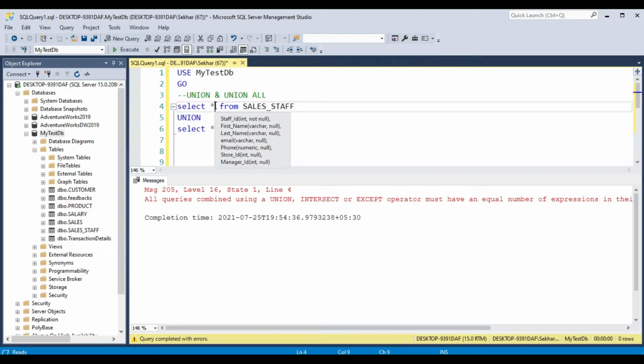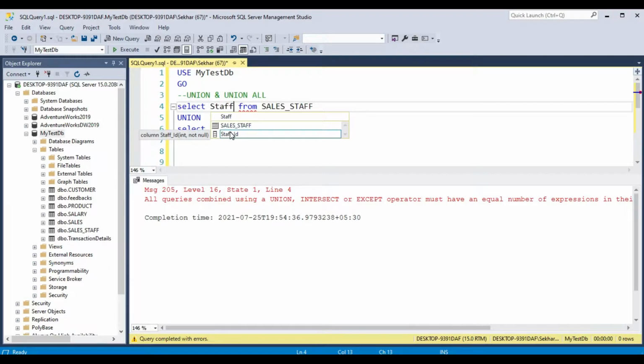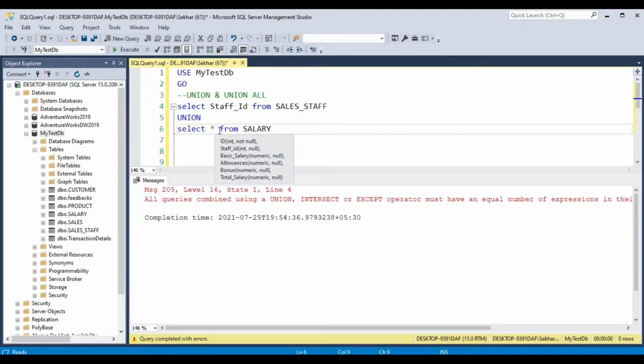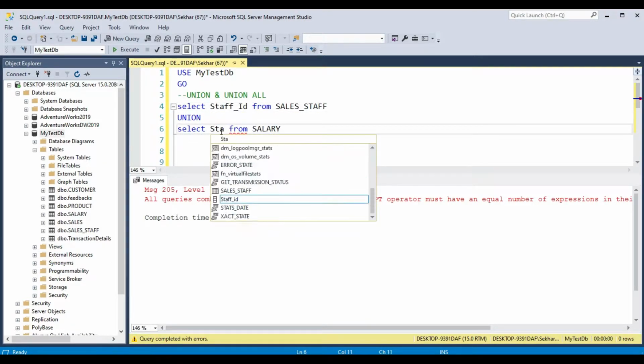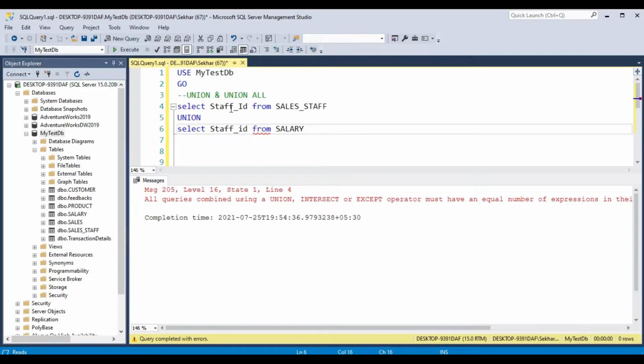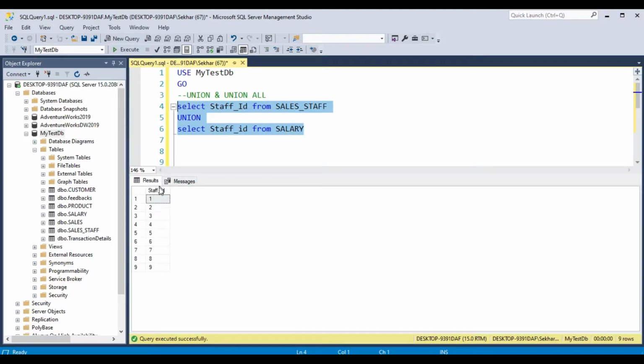What union does is, if you have similar columns, suppose in sales staff we have staff ID, and in salary also we have staff ID. This column is there in both places. Now if we do union of these two select queries and you run this query, you can see it is giving a result.